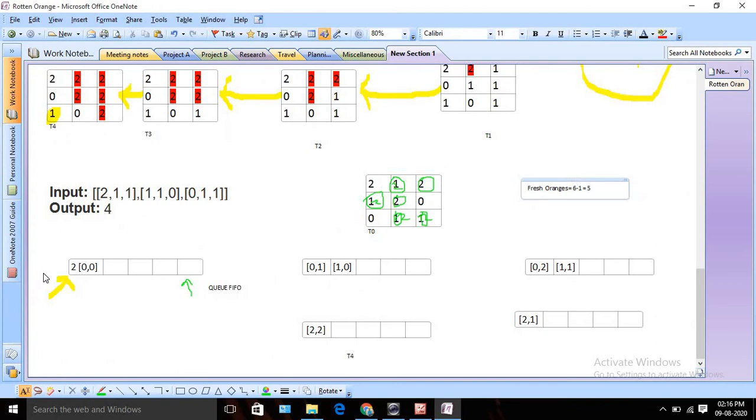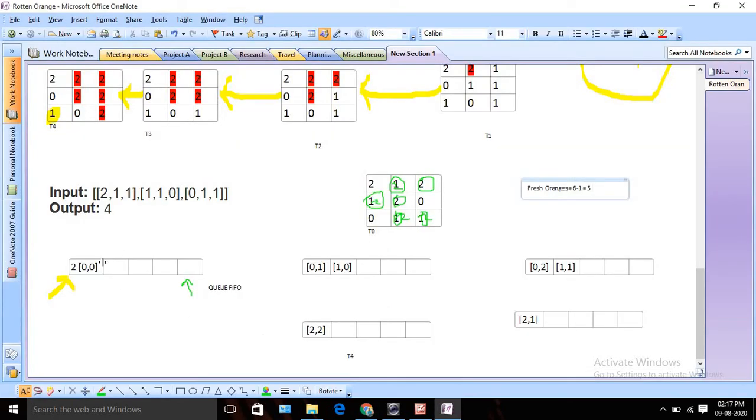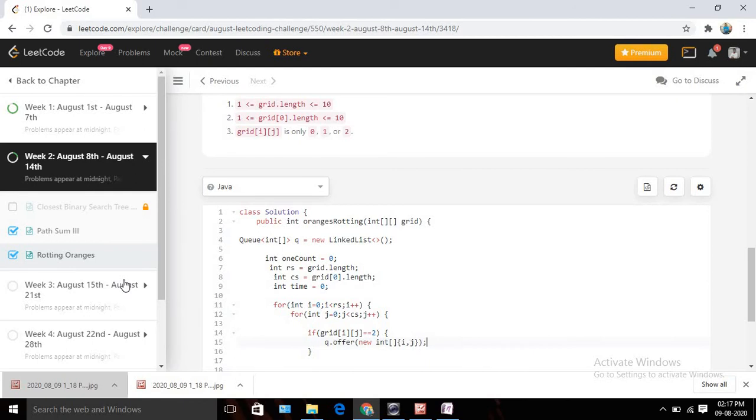Now what I need to check, I need to scan all the 2s, and I need to insert those in our queue, right? So let's do that. So if grid[i][j] equals 2, then we are going to insert that in our queue. So it comes with queue.offer. Basically we are just inserting in the queue, right? And it should be an array, and what is the value? The i and j value, right? Whatever the i value and j value, row and column value, we are going to insert in the queue, right? So initially it will look like this, only one cell, right?